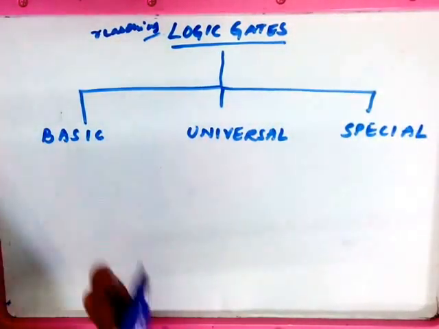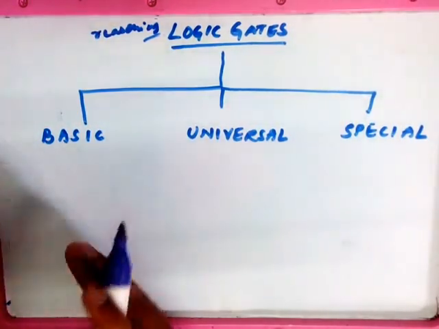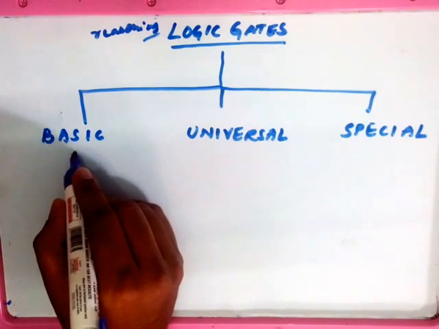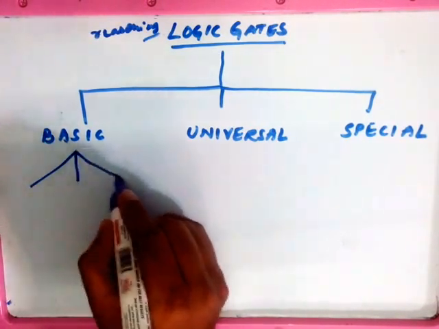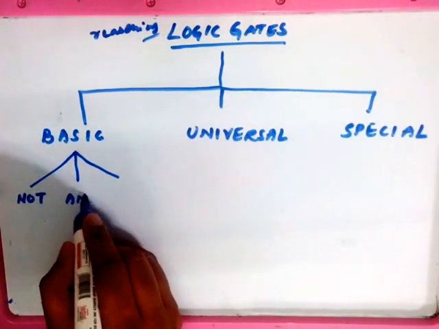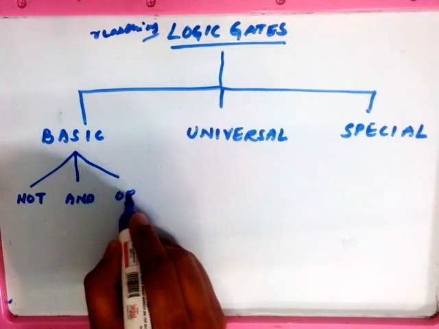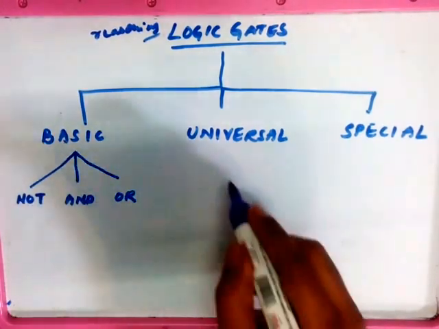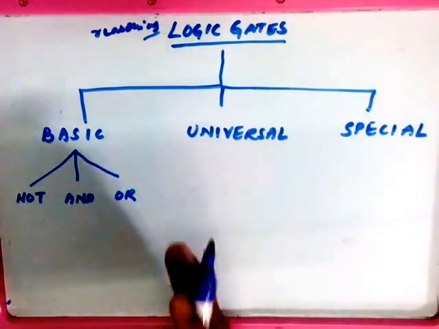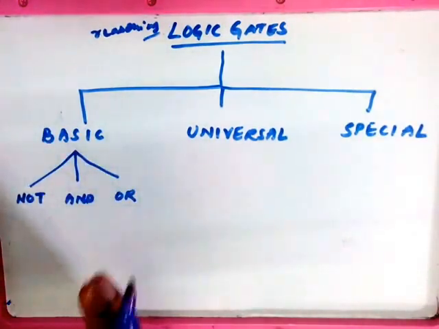Coming to the first one, this is the basic logic gates. Among this we have 3 basic gates: NOT, AND, OR. Then these are for the basic functions of any logic gates, any operations whatever you are performing in the